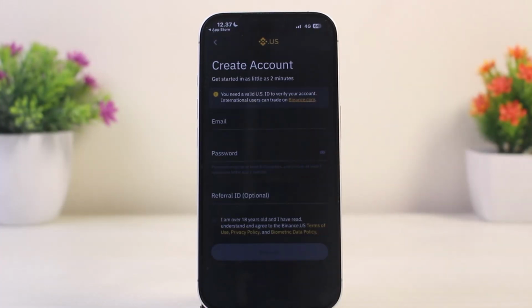Now complete your identity verification by submitting your ID and taking a selfie. Once verified, deposit funds and complete a trade to unlock your welcome vouchers, which can be claimed in the rewards hub. Now to share your own referral code, if you already have an account and want to invite friends to